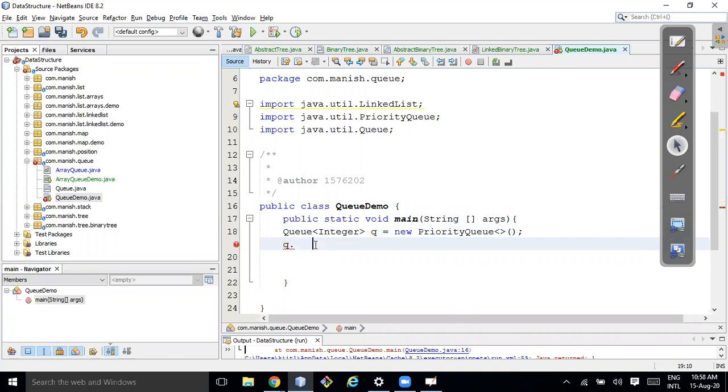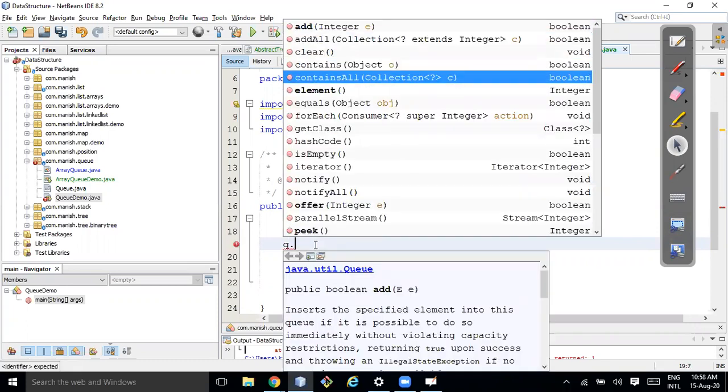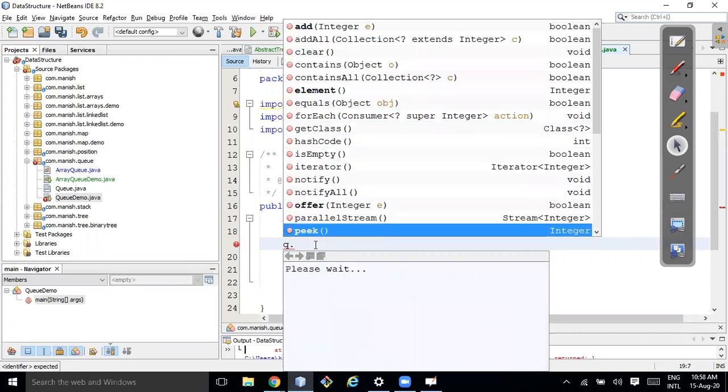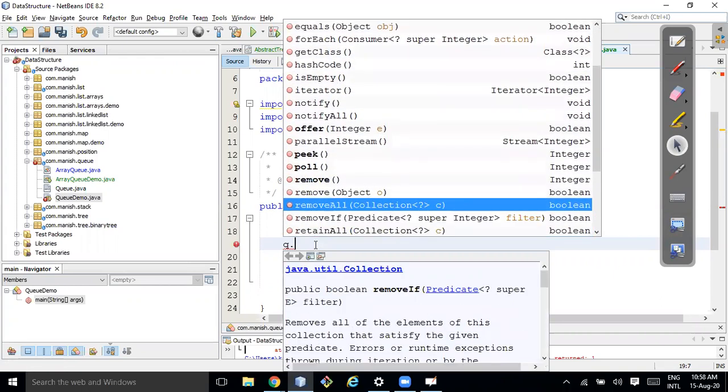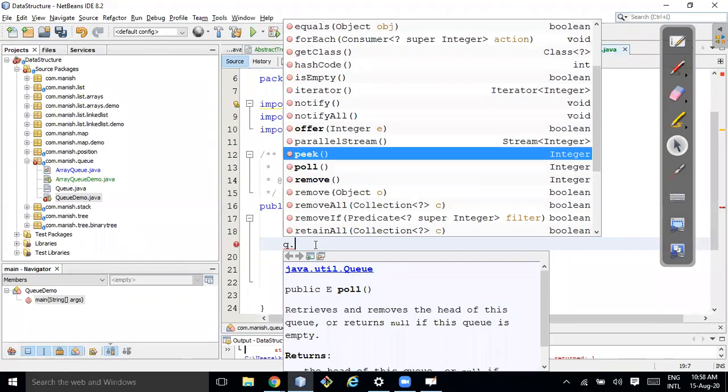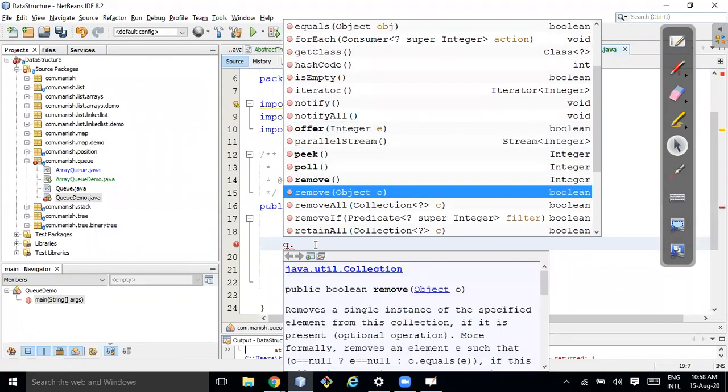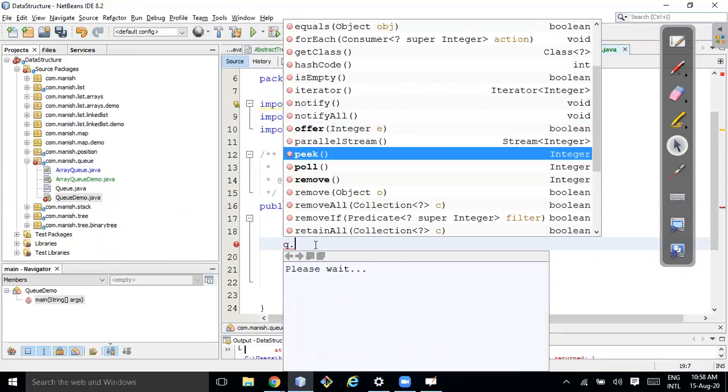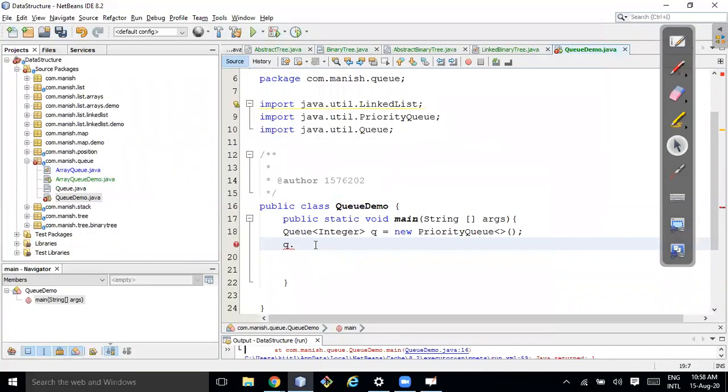Now let's see what all methods you have available. You will have all the same methods: element, offer, peek. But in case of priority queue, it will keep the elements in natural sorting order. That is a different concept; I'll come to it later.